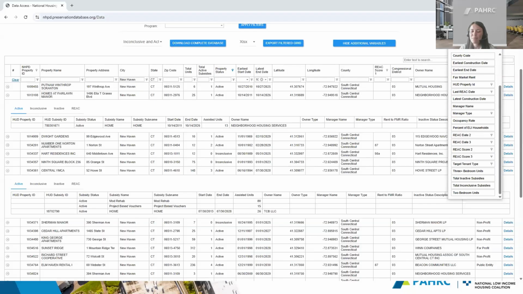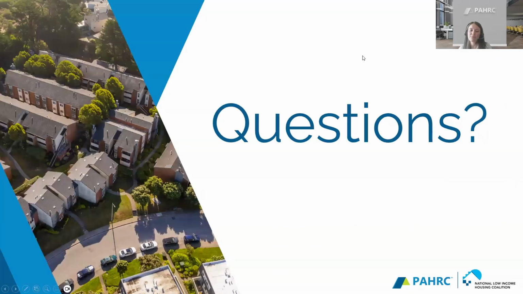How far back does the subsidy information go? That is a great question. So as Raquel mentioned at the start, we started creating the NHPD back in 2012. So really, we have a good sense of the subsidies that have been awarded 2012 onward. However, for certain programs, we do have more historical information. That includes low-income housing tax credits, HUD-insured mortgages, and HOME assistance. We have a record of all of the assistance that's been provided since the inception of those programs, but it